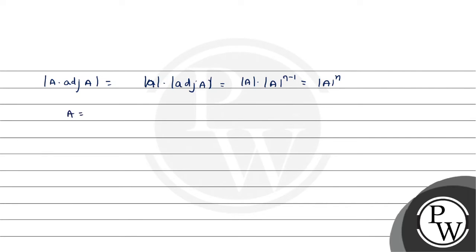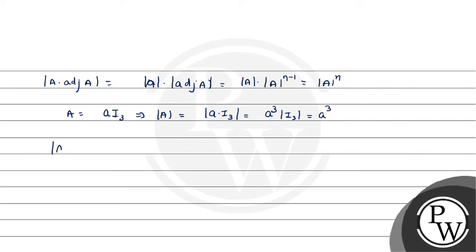तो A हमारे पास है A into I3. अगर इसका डिटरमिनेंट निकालेंगे तो आ जाएगा हमारे पास में A into I3. यहाँ पर ऑर्डर जो है वो 3 है, तो इसका मतलब यहाँ पर बाहर आ जाएगा A क्यूब, और I3 का डिटरमिनेंट हो जाएगा 1 के इक्वल. तो यहाँ पर आ जाएगा A क्यूब, क्योंकि I3 यहाँ पर आइडेंटिटी मैट्रिक्स है जिसका डिटरमिनेंट 1 के इक्वल होता है. तो डिटरमिनेंट ऑफ A हमारे पास में आ चुका है A क्यूब.